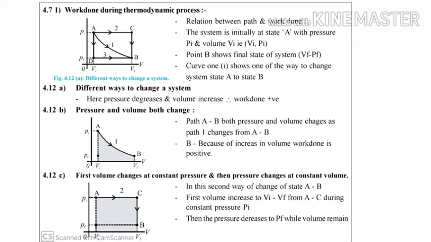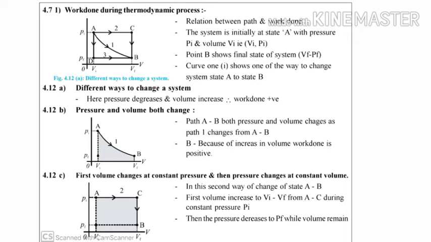So students, A is the point where the system possesses the initial state, and B is the point where the system possesses the final state. While the system has to reach from the initial state to the final state, it can follow many paths, as you can see in the diagram, but out of them I have given 3 paths here in the diagram. The first one is path 1 from A to B, which is in a curve shape.